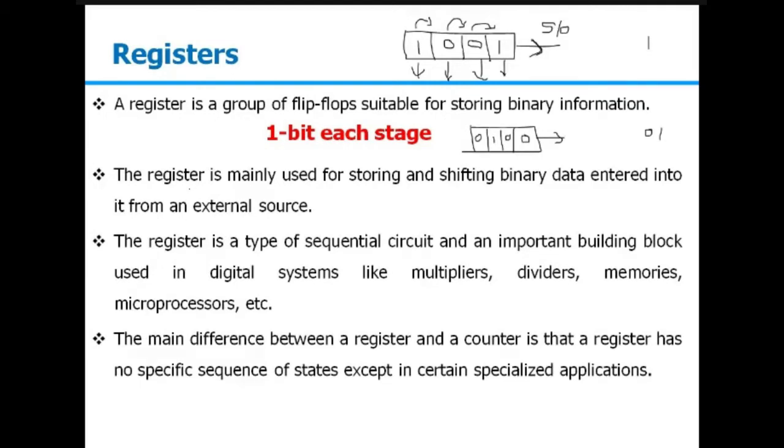Generally registers are used in many circuits, basically in arithmetic operations like multipliers, dividers, and memories. Take an example of division. Suppose you want to design a divide by 2 operation on an even number system. Even number system means you have numbers like 4, 8, 16, 32 and so on, and you want to perform a divide by 2 operation, divide by 4 operation. Suppose, for example, we have 1000. 1000 is equivalent to decimal 8, right? And to store the decimal 8, we need a 4-bit register.